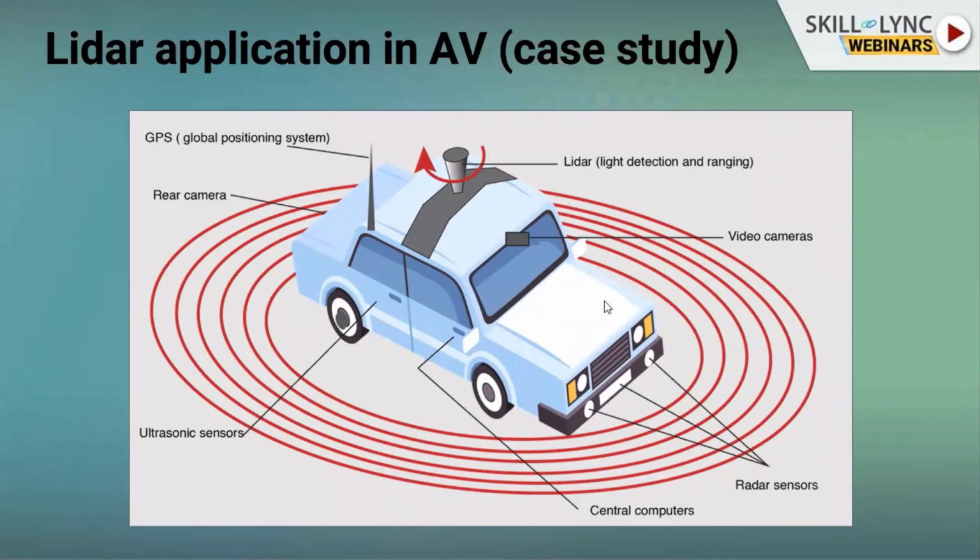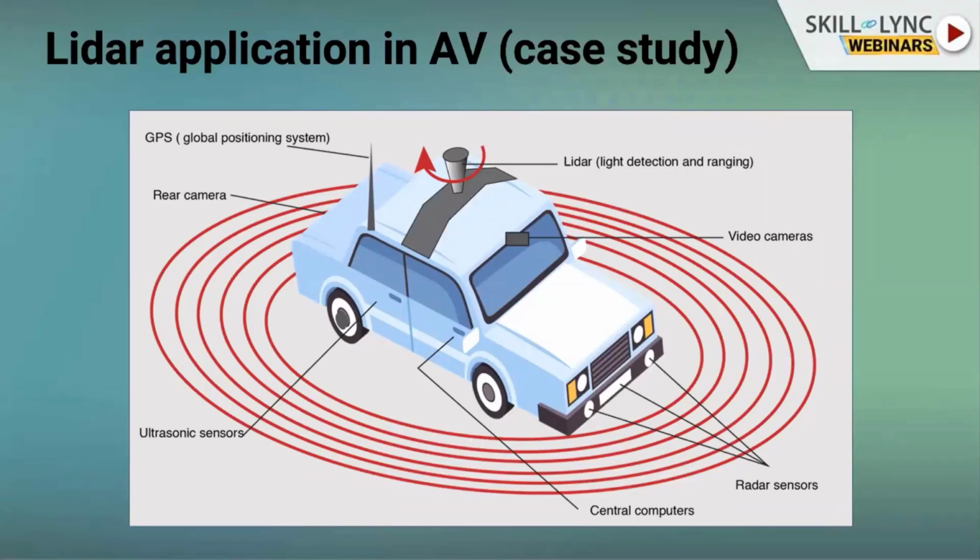around its environment. A self-driving car like this also has a radar sensor, video camera, central processing unit, and ultrasonic sensor. But I usually focus here on LiDAR, what all the applications of LiDAR are, and why we are using it. As I explained, with the help of LiDAR we are collecting the depth information. So in the case of a self-driving car, why is depth information so important for us?